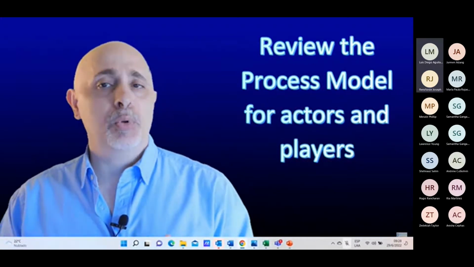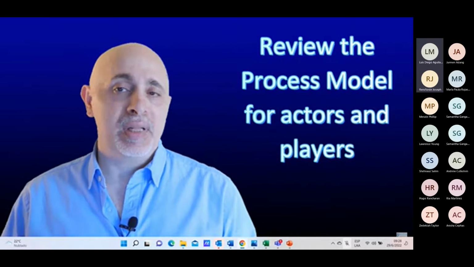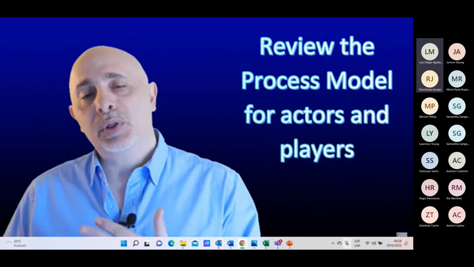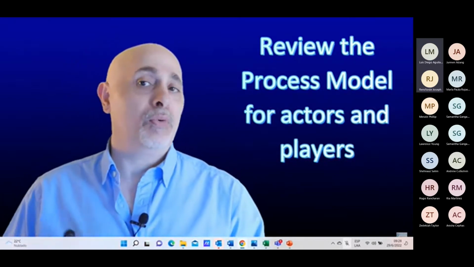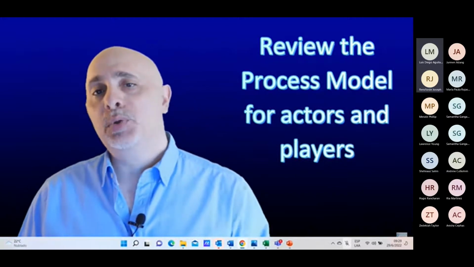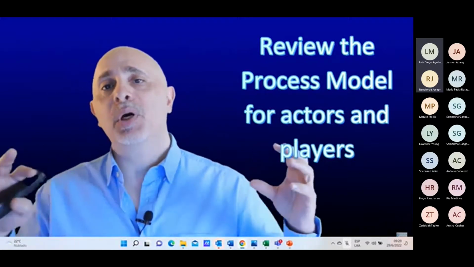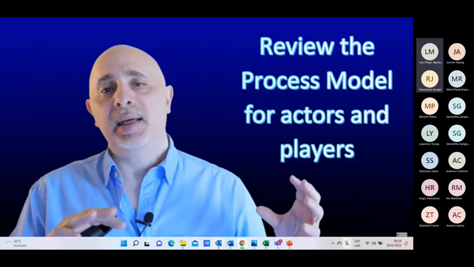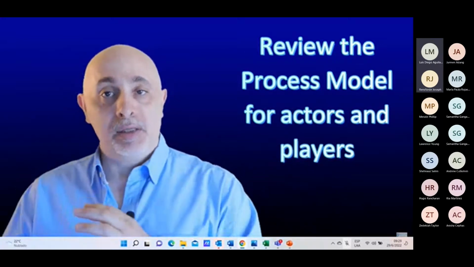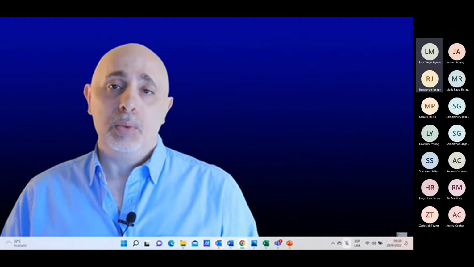How about the back end? People who receive maybe the orders from the app. What do they need to see? What do they need to receive? What about the people who fulfill the orders? For example, what do they need to see? So if you map the process out, you can identify the different actors and players within your own solution.